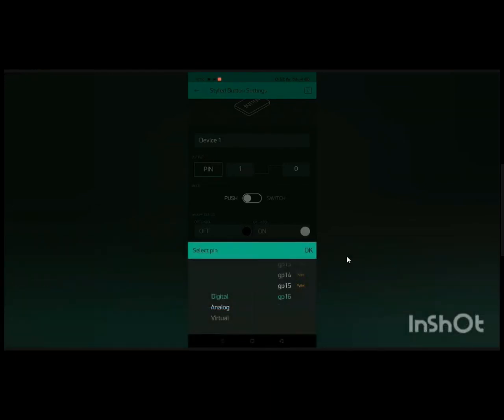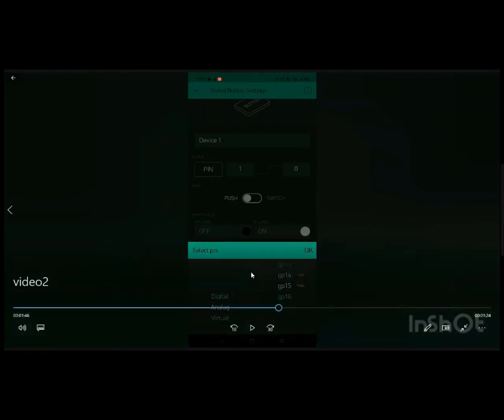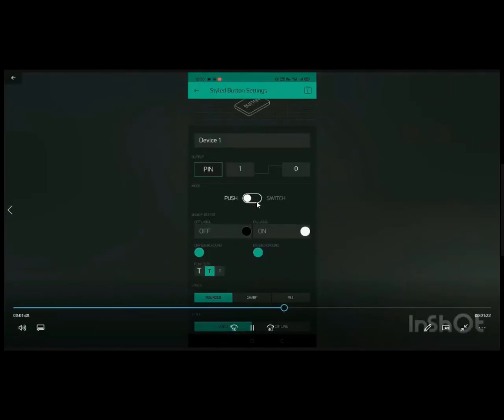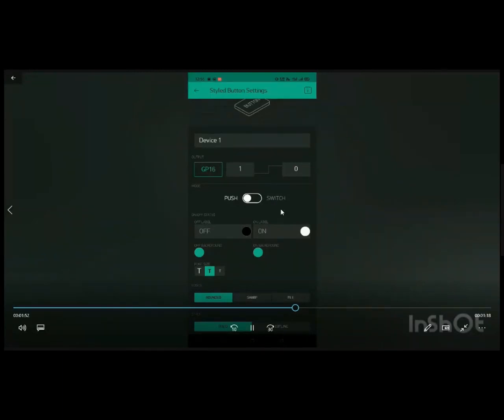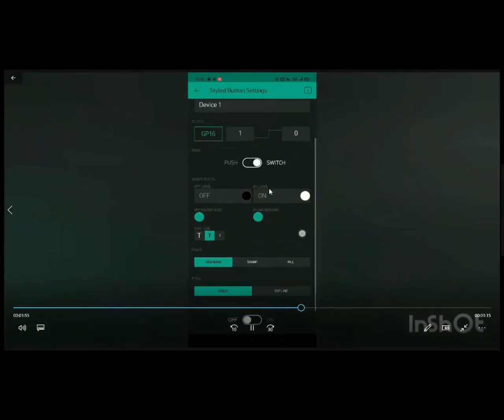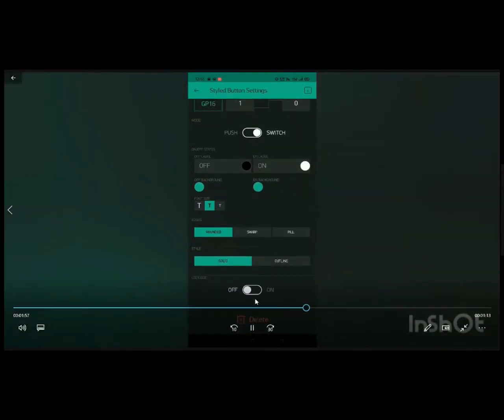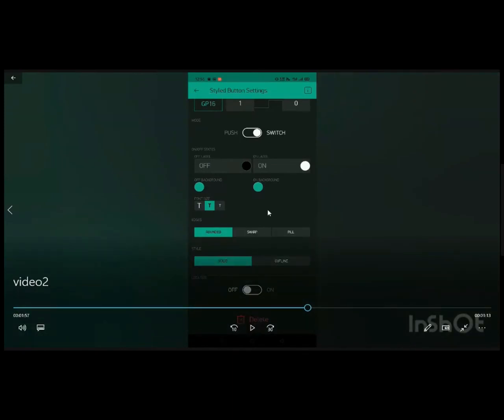Here you can see that the pin selected is GP16, and it is a digital pin. So that is the reason why I have not written all this in my code. I am selecting this pin as GP16, and I am converting this button into a switch. Because if I use the push button, it will come back and change its value. So I am using it as a switch, which means it will stay at the same logic. So I have converted it into a switch.